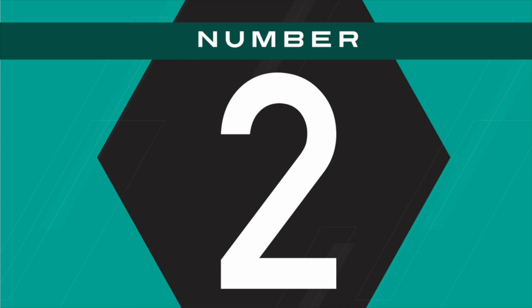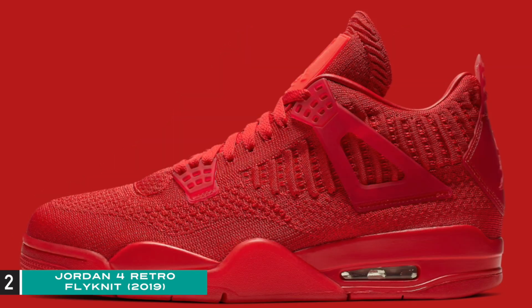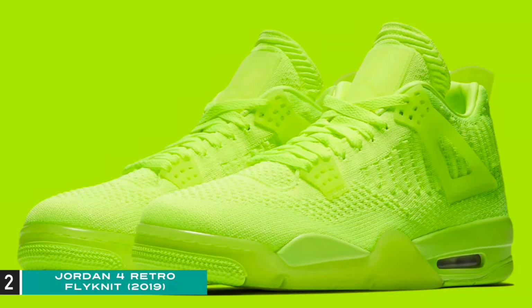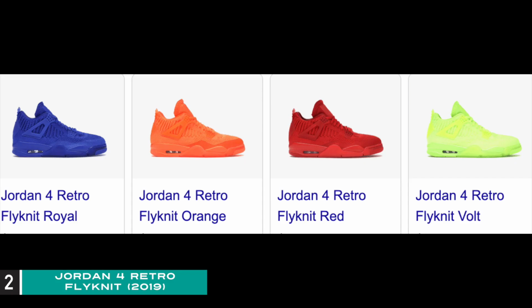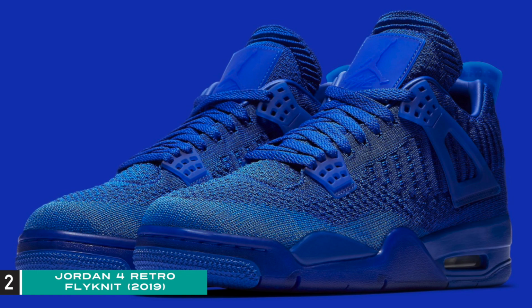$190. Number 2, Jordan 4 Retro Flyknit. To celebrate 30 years of the Jordan 4, Jordan Brand released the Jordan 4 Flyknit. Released June 14th, 2019. We had 4 different colorways: University Red, Hyper Royal, Volt, and Orange. All 4 of them with a Flyknit constructed upper. We're going to be focusing on University Red and Hyper Royal, as those were the 2 that hit the Nike